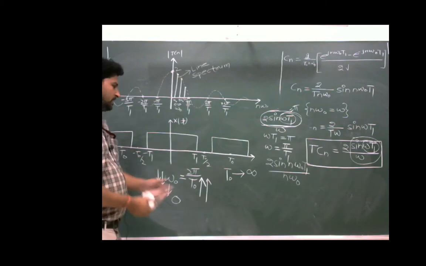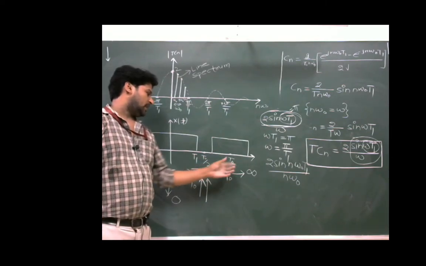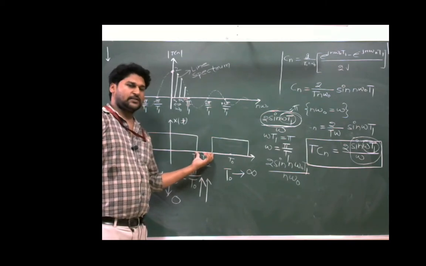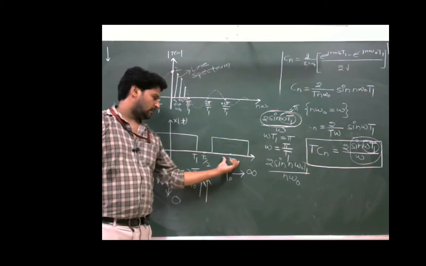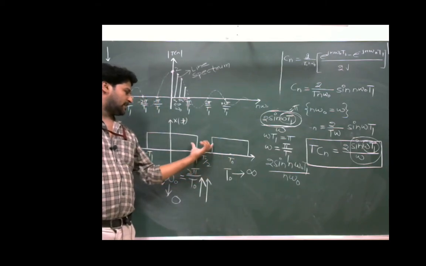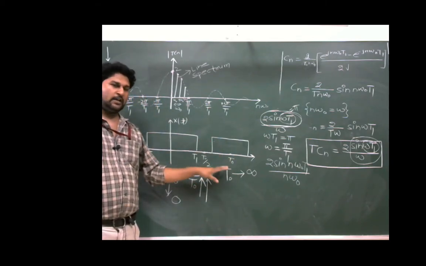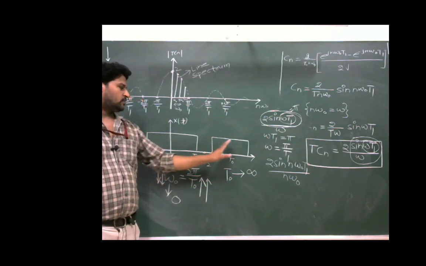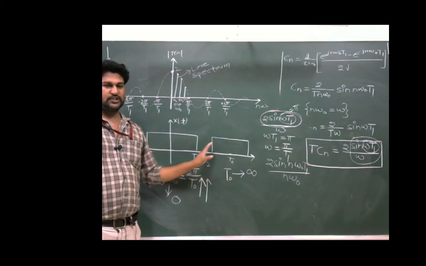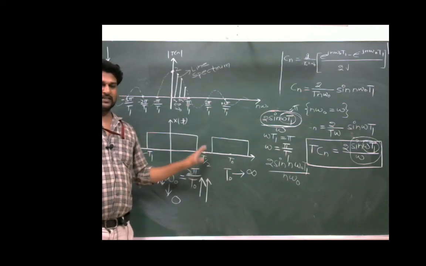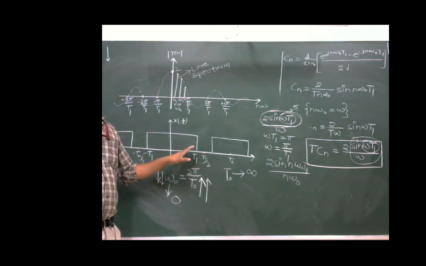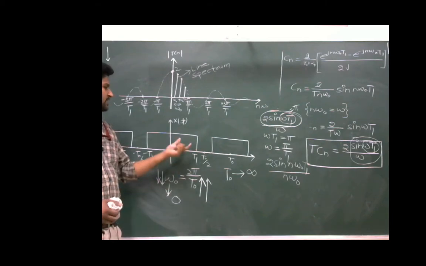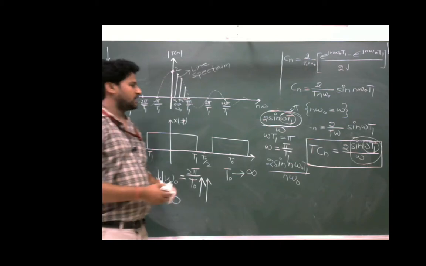And what will happen with the signal x(t) if the value of T naught increases? If the value of T naught increases, the separation between two pulses will also increase. If T naught is increased, the separation here is increasing. And when T naught tends to infinity, the separation between these two pulses becomes so large that this periodic signal will become an aperiodic signal. From this discussion, what we can conclude is,